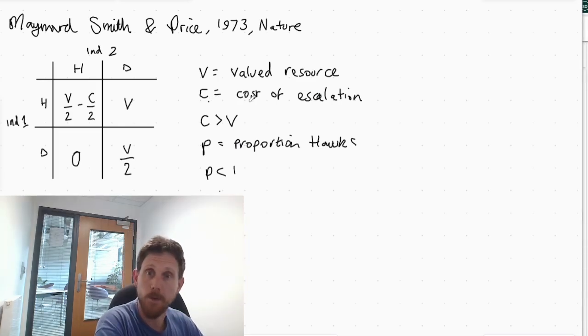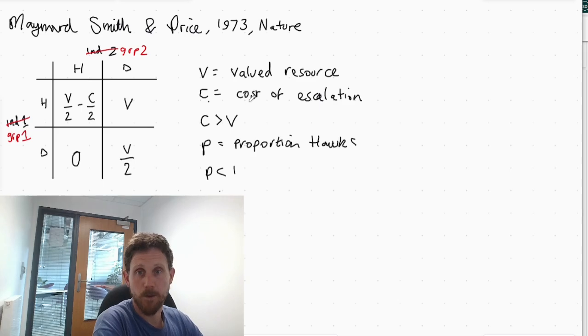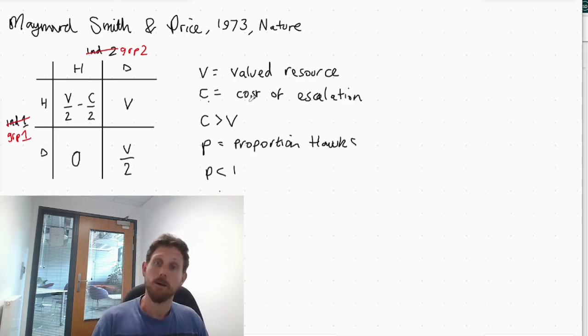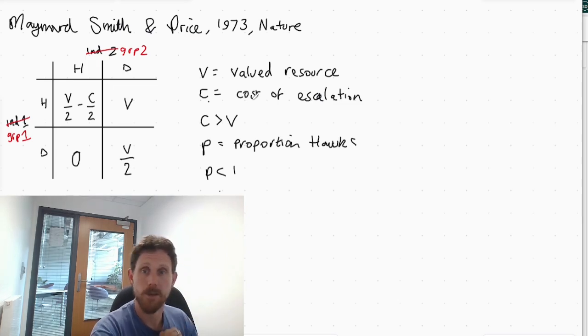Now, this model, even in its present form, has been applied to intergroup conflict. How they do that is simply swapping the word individual for group, and you have your intergroup hawk-dove model. So the assumption, which might sometimes be met, is that groups can agree on an appropriate strategy to play.